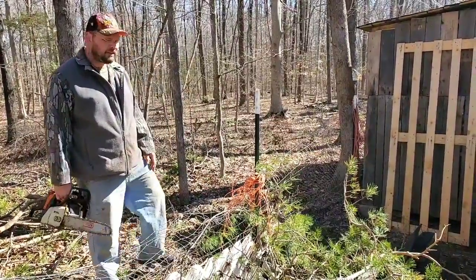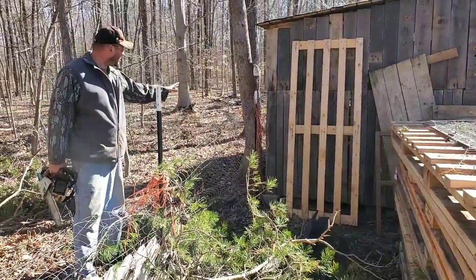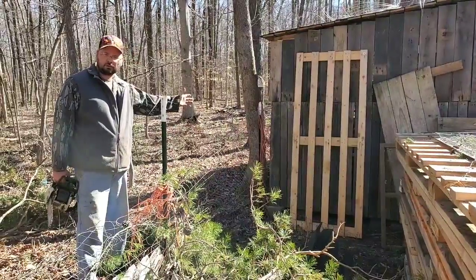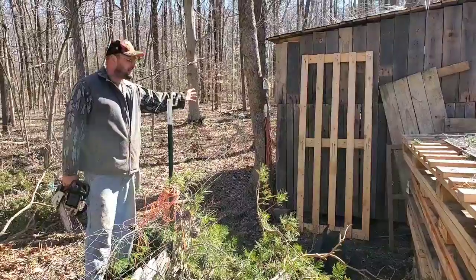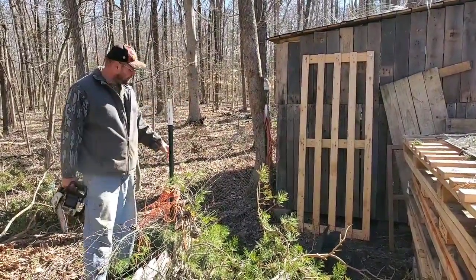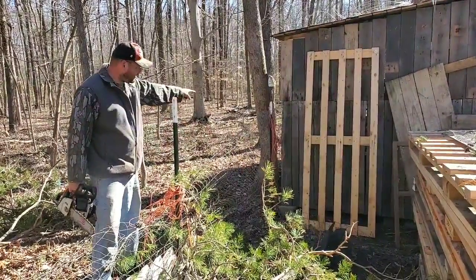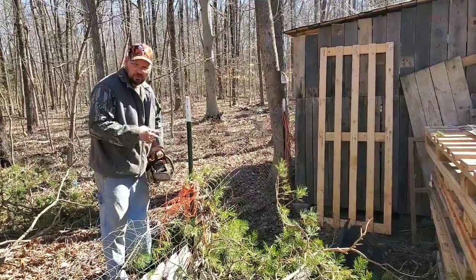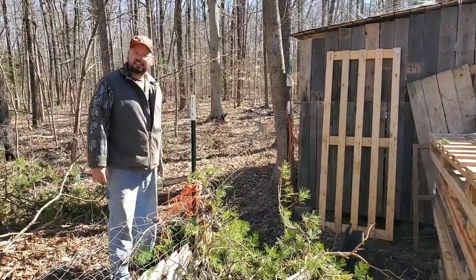So what I'm going to end up doing is, the little hay barn, it's not going anywhere. So I actually have two rolls of fencing connected right behind it. So I'm going to staple it to the back of the hay barn. That's going to keep my tension that way. I'm going to cut this wire and pull the come along to this tree right here, plant a post, put a few other posts just to stabilize it, pull it again, taut, and that should keep my tautness on